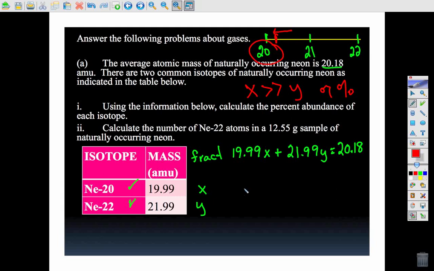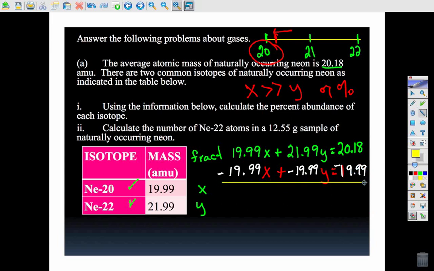So that's a good way to start and a good way to check your mathematics. Let's forge ahead with the actual algebra of this. I can't have one equation and 2 unknowns, so we need to include a second relationship. The fractional abundance, the sum of all fractions, is equal to 1. Sum of percents is 100. There really are a variety of ways to solve this. Since this is so simple, I like to use elimination. So I'm going to multiply through by 19.99 all the way through so I can maintain my equality. I'm going to make that 1 and 19.99. Then I'm going to add the 2 equations together,